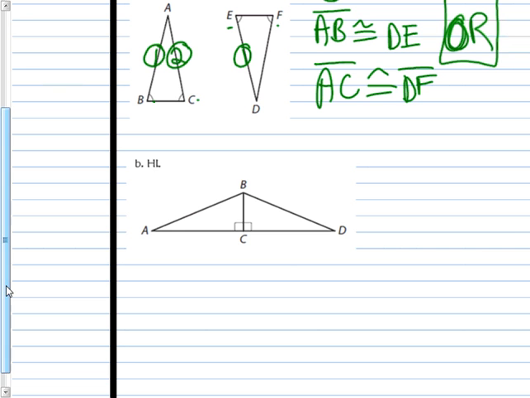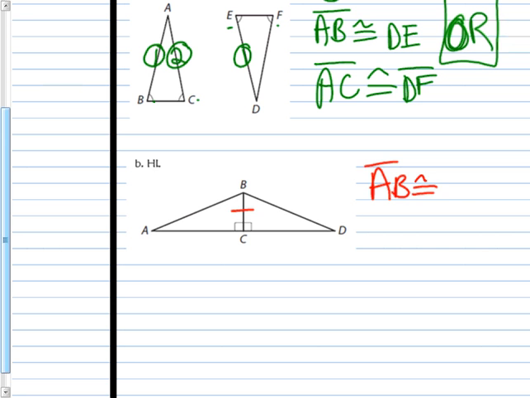They want us to prove this by the hypotenuse leg theorem. We already know that it's a right triangle, so we're allowed to explore the hypotenuse leg theorem. Although it's not marked, we know they have a leg congruent because BC is congruent to BC. So that's a leg, so what do we still need? We need the hypotenuse. So we need that AB